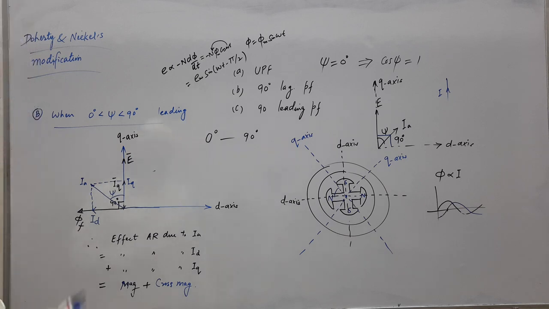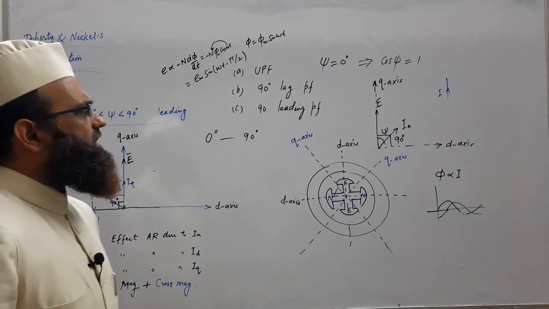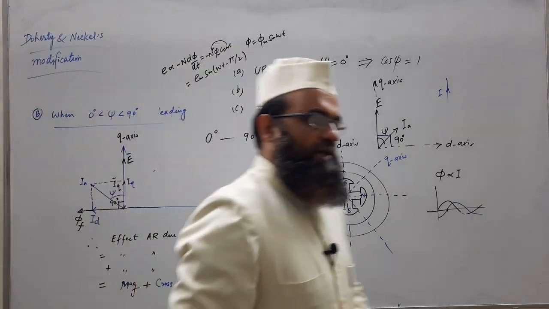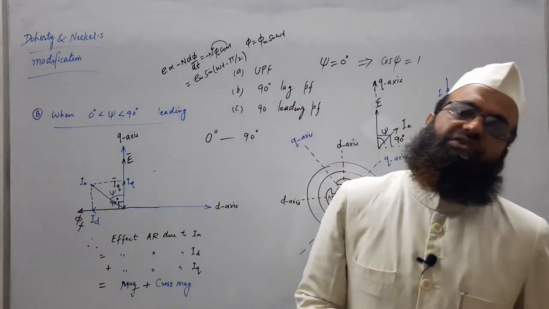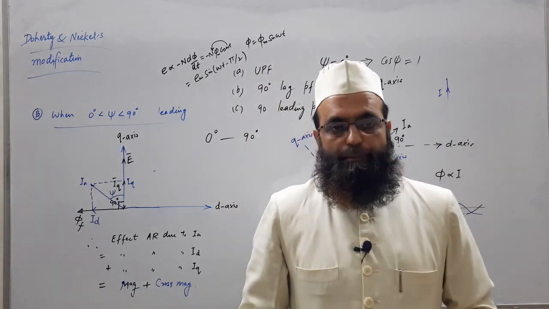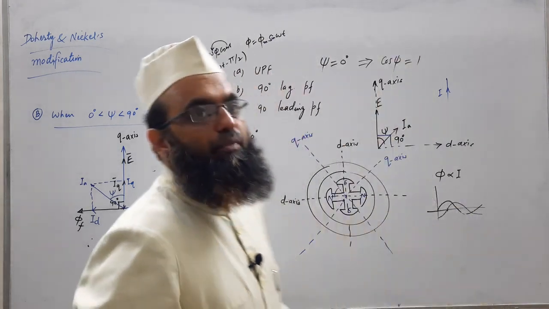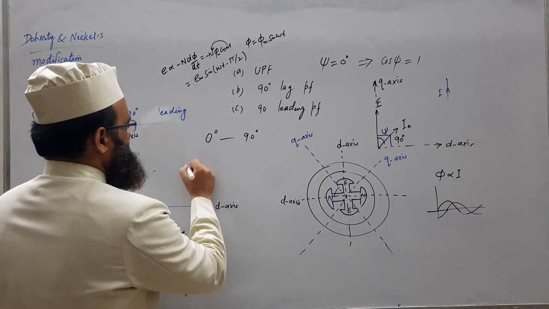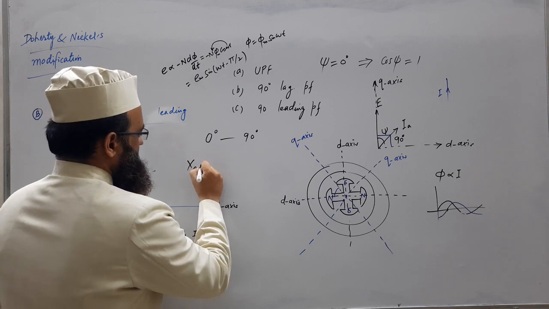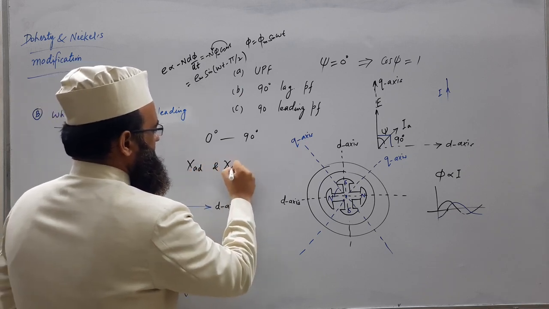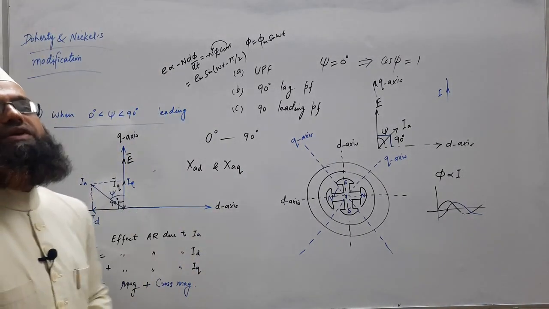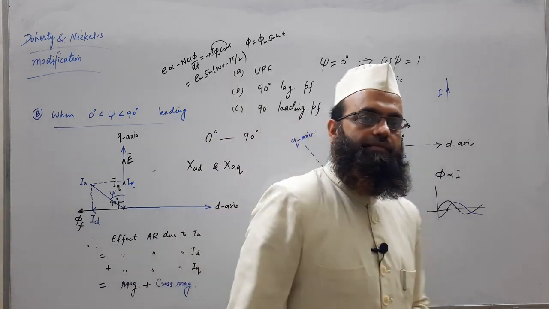What is this? Doherty and Nickle modified this to analyze the effect of armature reaction alternately. They said that the effect of armature reaction can be analyzed by assuming two hypothetical reactances, XAD and XAQ. What are these two? Two hypothetical reactances, where